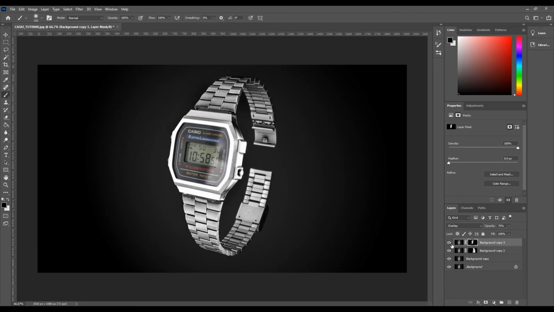Okay, as you can see, this is my image. This is my final image made in Photoshop, and I hope you enjoy this kind of tutorial